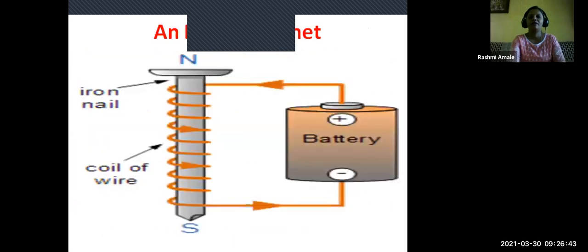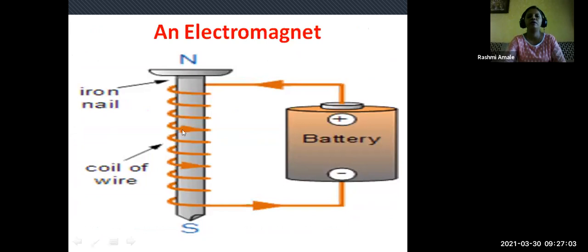Next part now, an electromagnet. So what do you see in this picture? See here, an iron nail is taken. See carefully, children, and how an electromagnet is made. An iron nail is taken and an insulated copper wire is wound around this nail. This yellow colored thing is the insulated copper wire, and the two ends of the wire are connected to a battery. Now what will happen, this iron nail will get converted to a magnet,